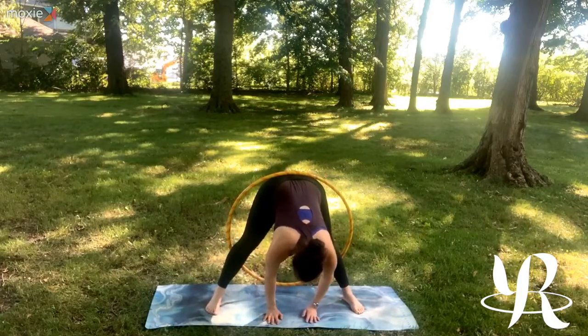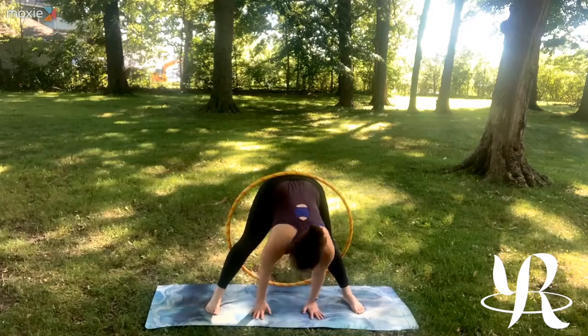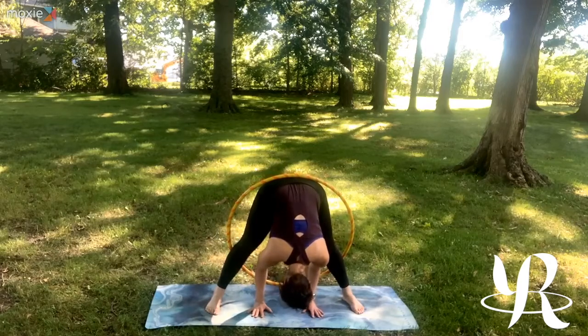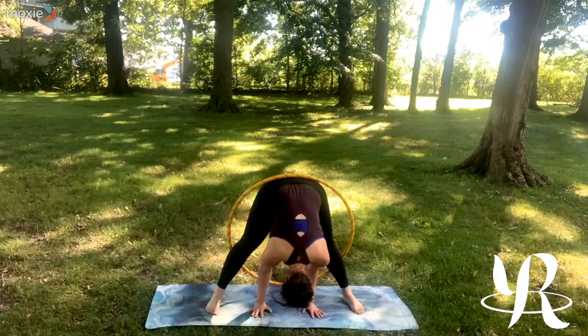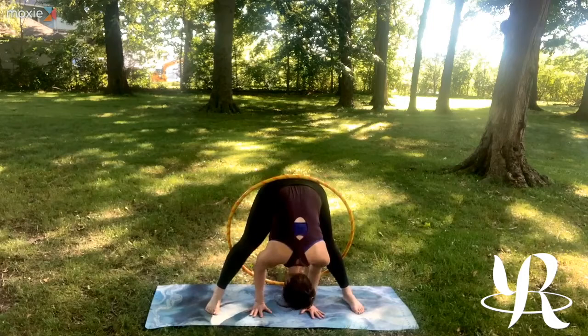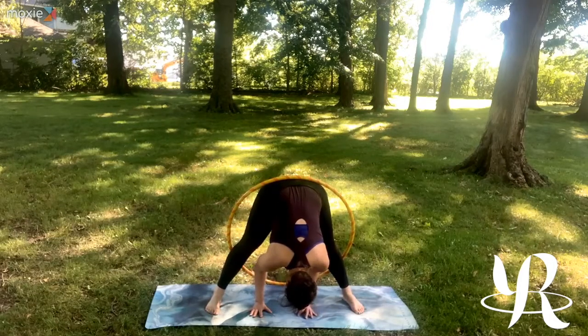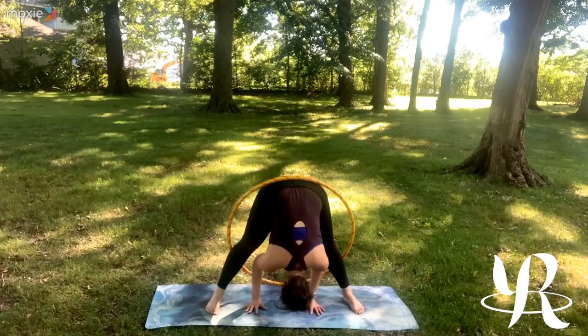And bringing your hands down to the ground. If the hands meet down at the ground, bend the elbows towards one another and back towards your heels while the head gets heavy, having that sensation that you're planting your hands down and bending the elbows and bringing your head to the ground in a fashion that kind of resembles a headstand,